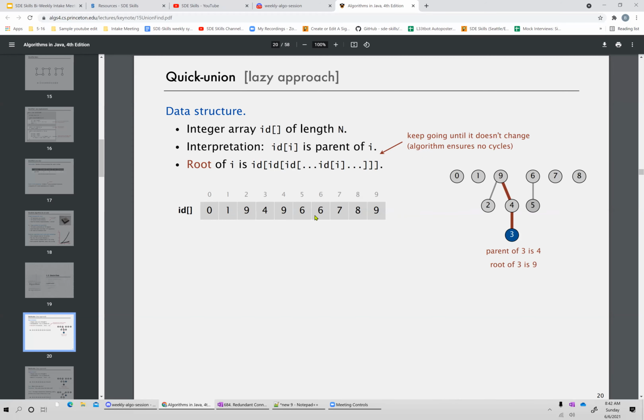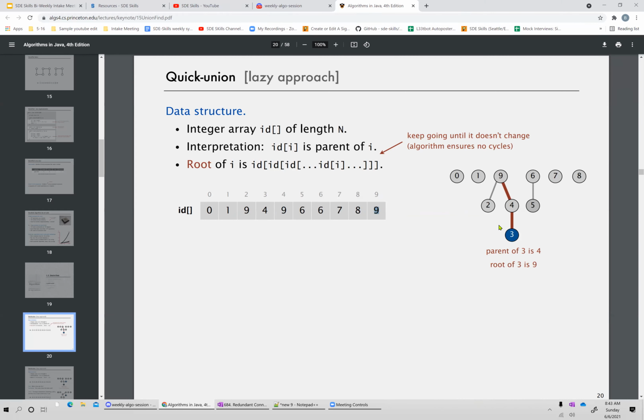This becomes a tree because 2's parent is 9. At index 4, we check what value is stored, and it is 9. They are not the same, so we go to 9, and at the place where the index and the stored value are the same, that is the root for this group.